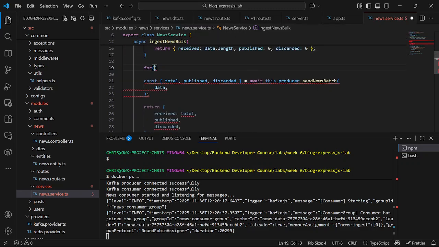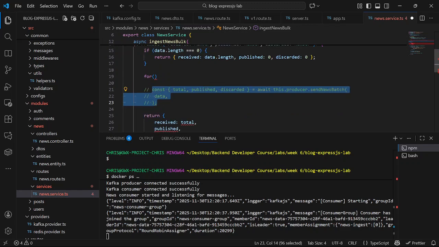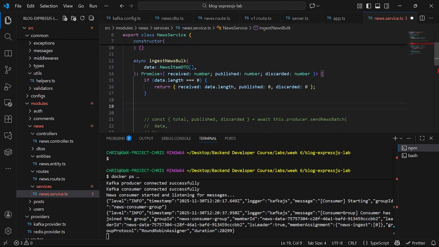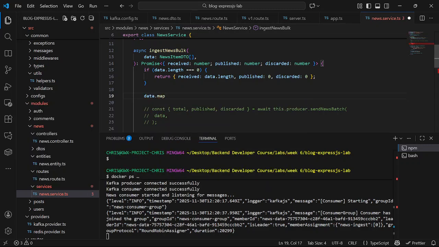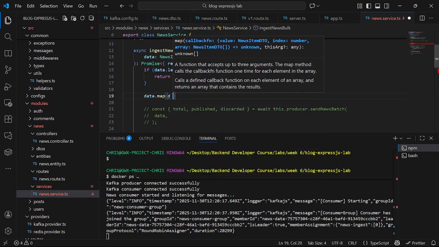Let me do data dot map. I want to map through the whole data.